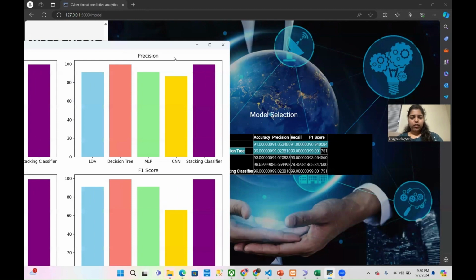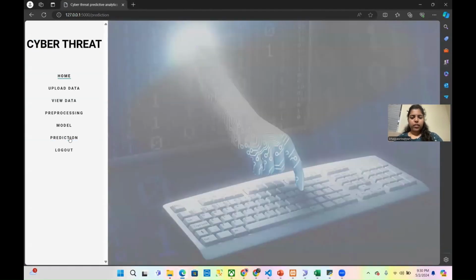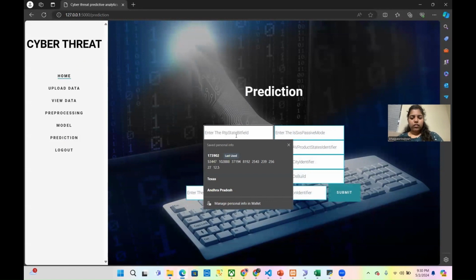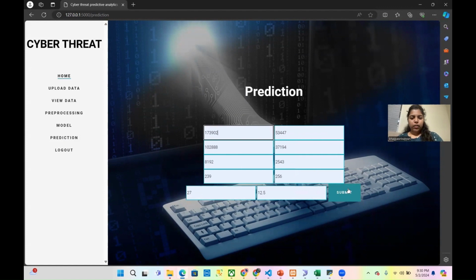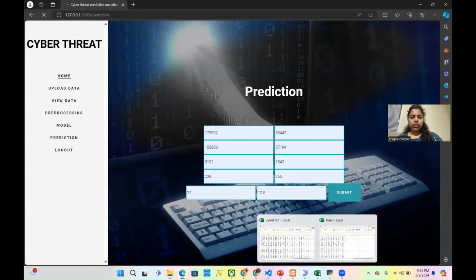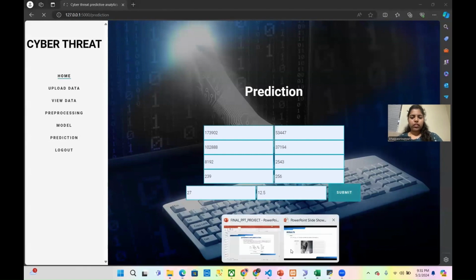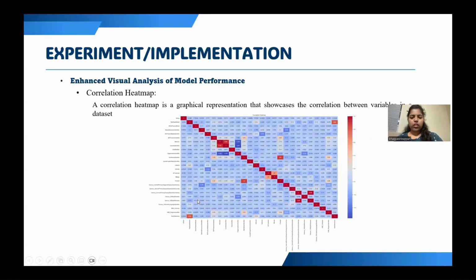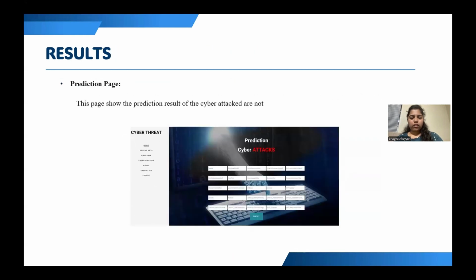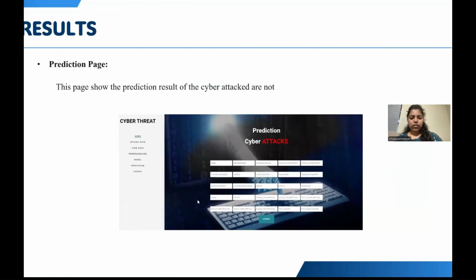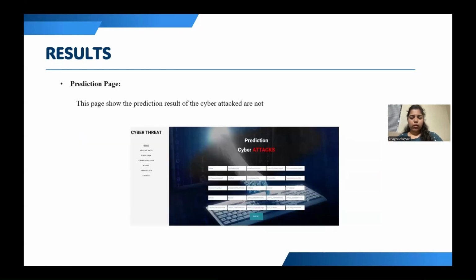Then for the prediction, we'll have various parameters like RTP, which is real-time protection to determine whether it's active or not, and other parameters like SxS passive mode to determine the mode, the default browser identifier, and whether antivirus products are installed or not, and then parameters which identify the city, locale, OS, and the region for all the prediction results.